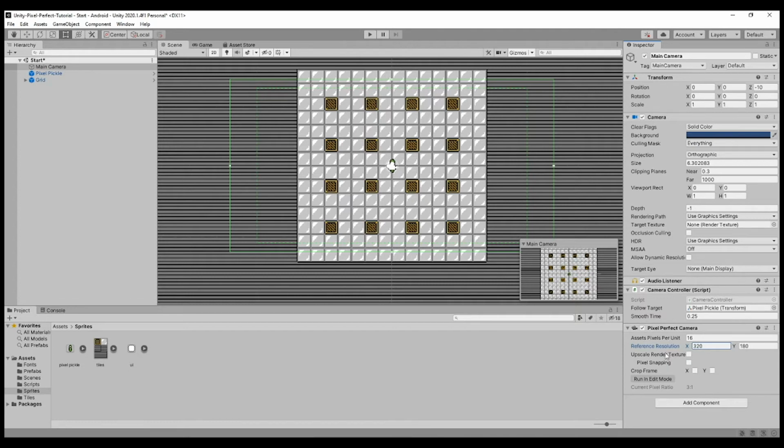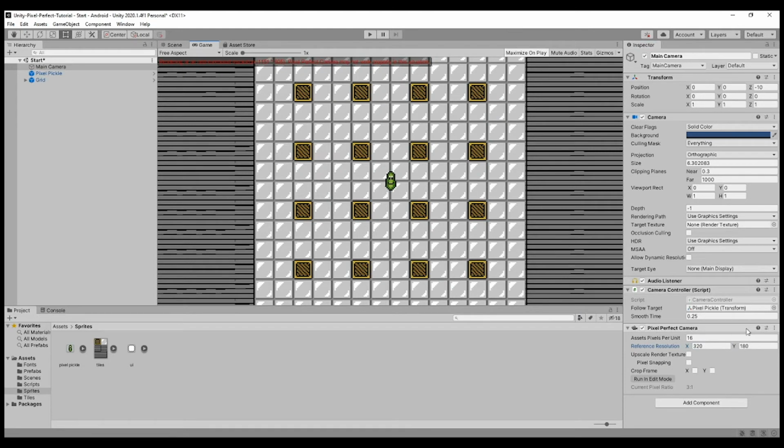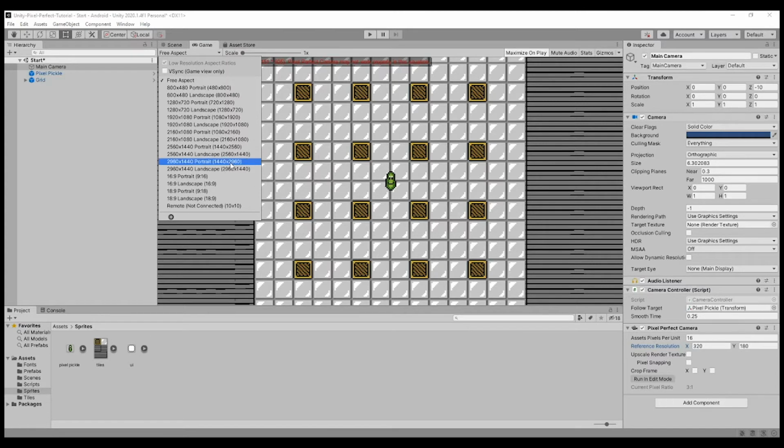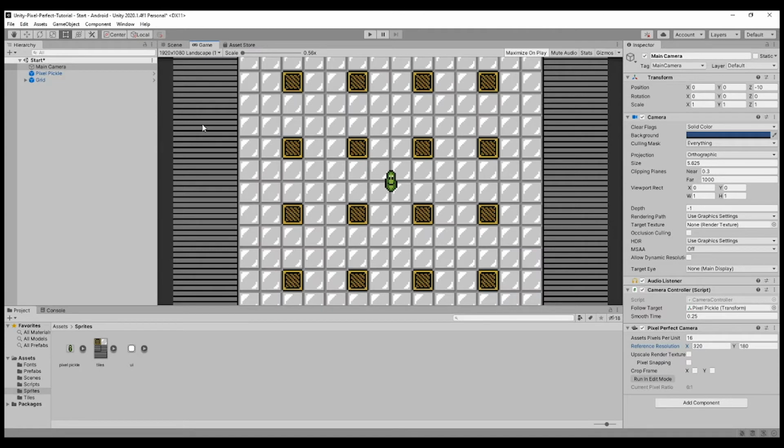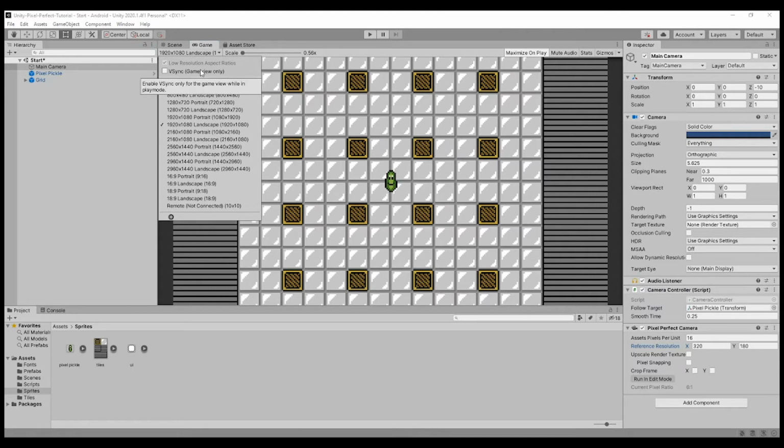The upscale render texture, pixel snapping, and crop frame are all variable depending on your needs. For upscale render texture, if it's enabled, it changes the rendering mode so that instead of... also real quick here, go ahead and set this to 1920 by 1080 just to get rid of that error, because if you have it set to free aspect, the view in the Unity editor tends to generate that error message. But